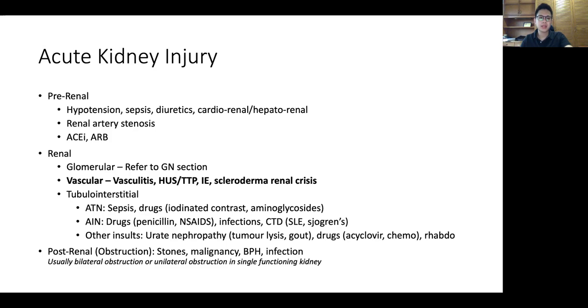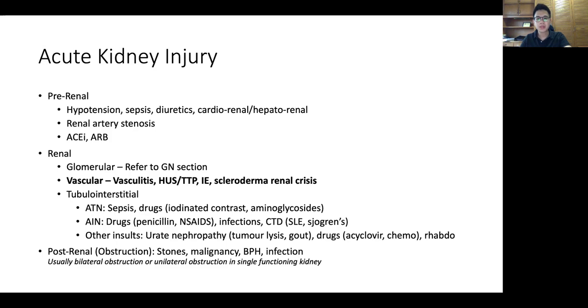ATN is much more common than AIN, and common culprits would be medications, sepsis, and some of the connective tissue disorders, which, apart from mediating damage through the glomerular process, can also affect the tubules as well as the interstitium too. So conditions such as SLE, Sjogren's, and some processes may not necessarily be a straight clear-cut ATN or AIN,